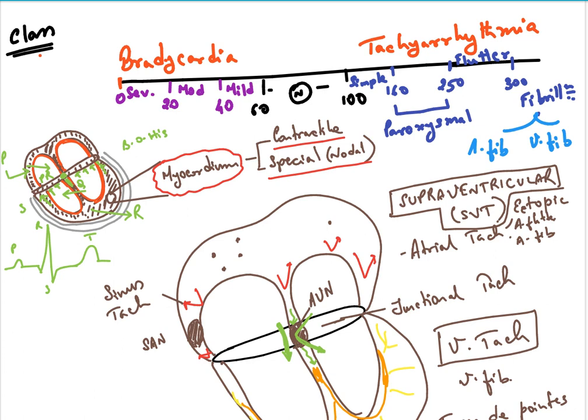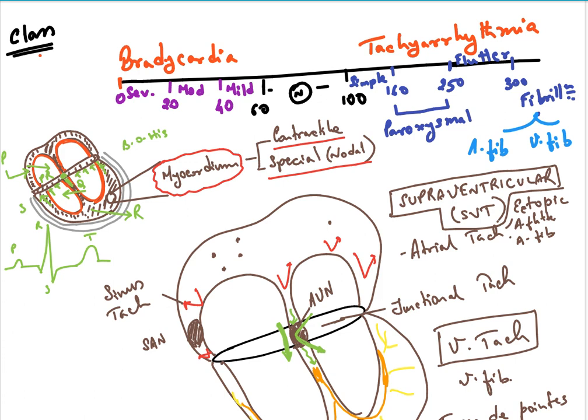Beyond 300. Similarly, if you see that the heart rate is getting lower than 60, it is a case of bradycardia. If it is 40 to 60, then it is still okay, because of various conditions it can happen. So it is mild bradycardia. If it is less than 40, then we consider it to be moderate, but if it is 0, so definitely death. At 0 to 20, we call it severe.